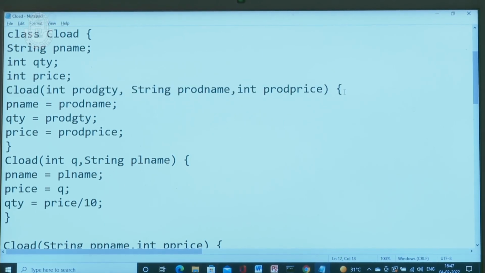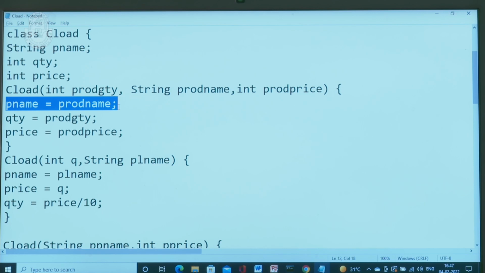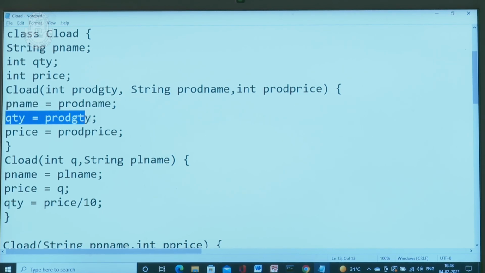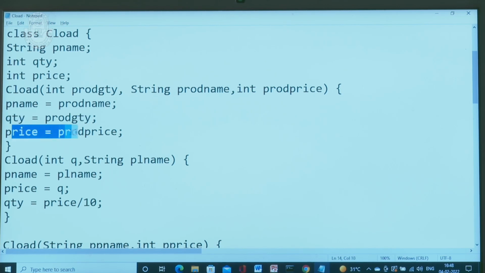Here this flower bracket is begin. pname = prodname; qty = prodqty; price = prodprice; }